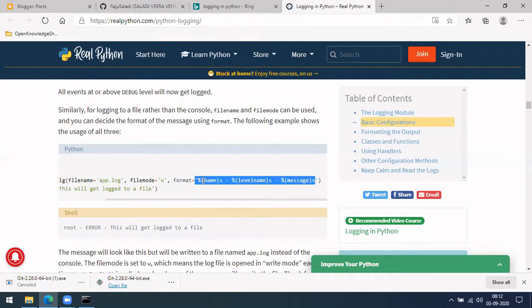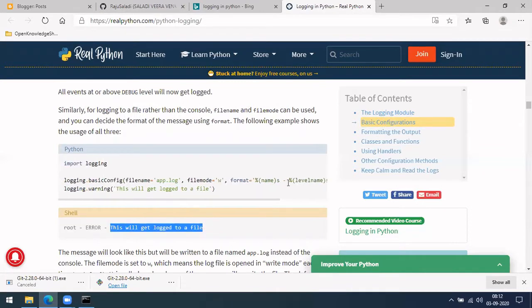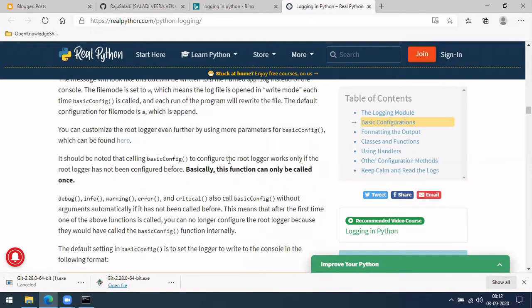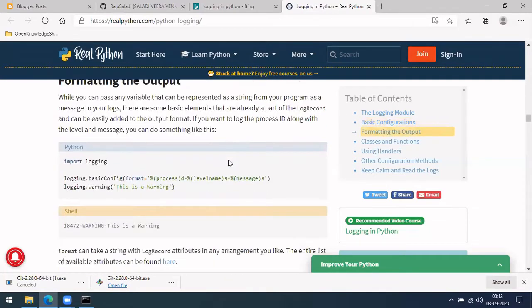Name is like our username, level name is what kind of log message it is, and message is whatever text you want to print. So you can define your format initially, how your logger file should look, and once you do that, you call logging dot and give the kind of message, and then just print it, and it will work.